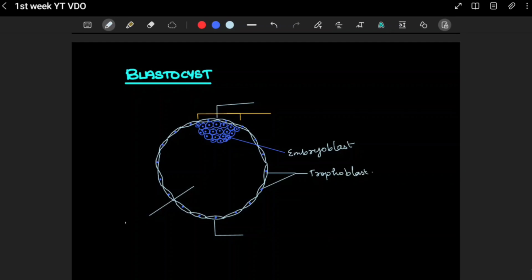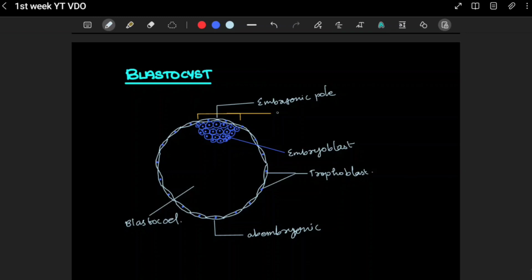Now this, with a blastocele, is called a blastocyst. Okay, so the characteristic feature of the blastocyst is a flattened trophoblast, an embryoblast on the embryonic pole, and a wide blastocele. Okay, and as we said, this is the embryonic pole, and this is the abembryonic pole,